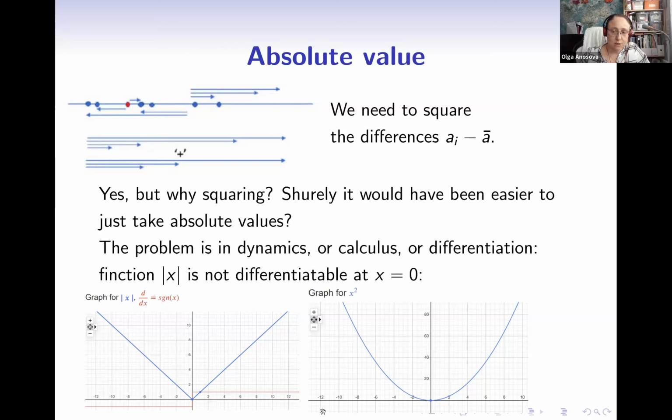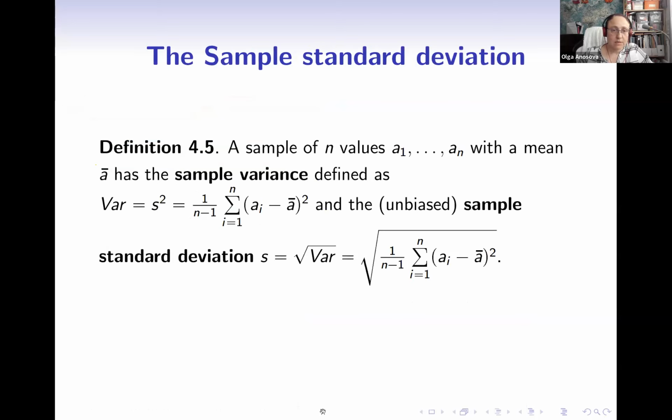And by the way, it resurfaces later when we do something like least squares approximation. That's why indeed we use squares instead of absolute values. But sometimes absolute value approximation is also used, but then it has different pitfalls behind it. So that's why we define the sample variance like that. We take all the deviations, then square them, and only after that we take the average.